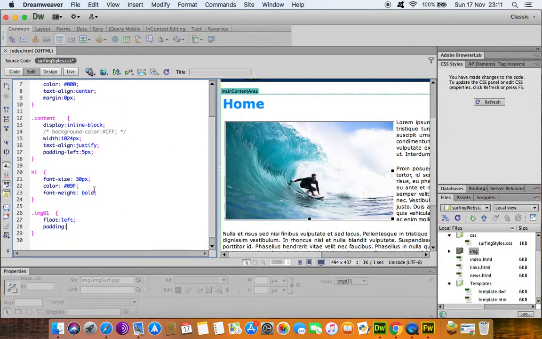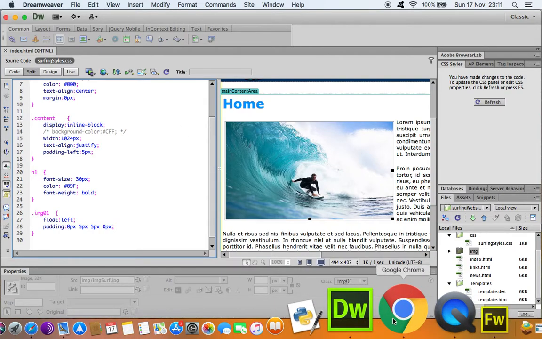So if I imagine the top, I don't want anything at the top, so I put 0, okay? So 0px, or you could just put 0, in fact. Then to the right I do want 5px, and then the bottom I probably do want it as well, so 5px, and then on the left hand side I don't, so 0px, and semicolon. So save that,